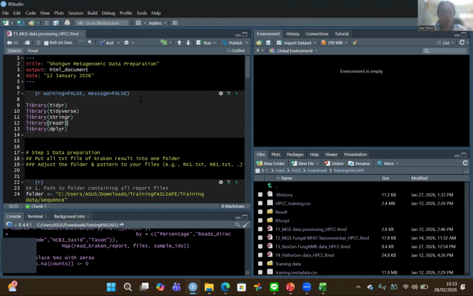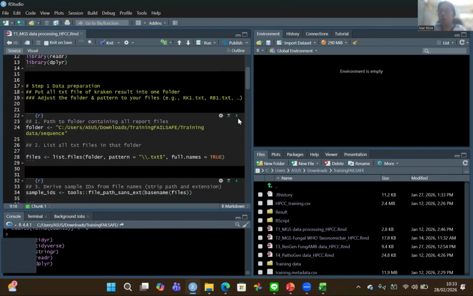Before we start the scripting, we need to install and load the packages. For example, here we use tidyr, tidyverse, stringr, readr, and dplyr as the packages for processing the first script. Because I already installed them, I just load the packages,